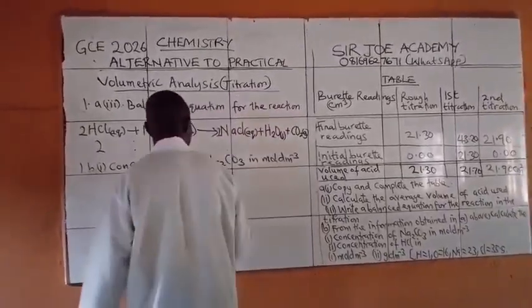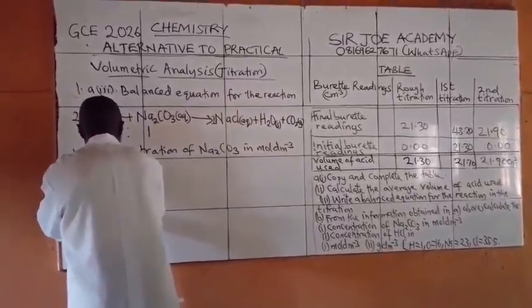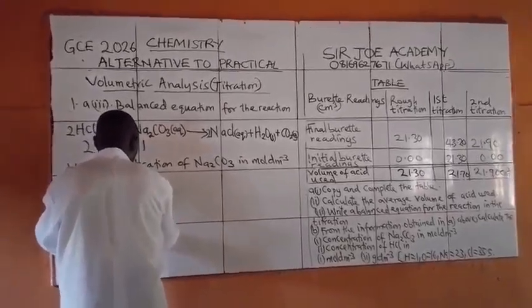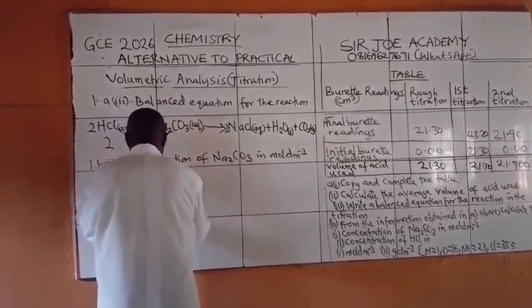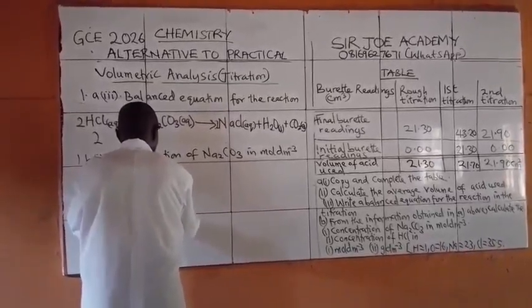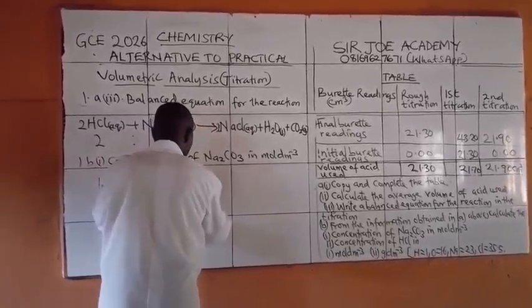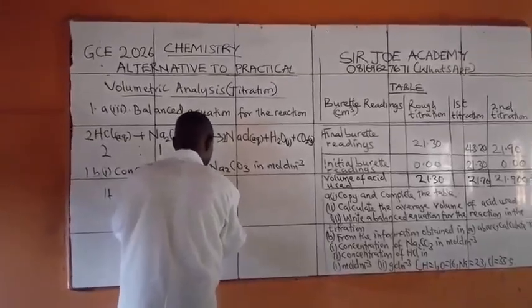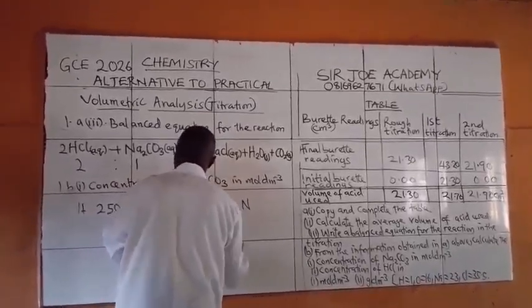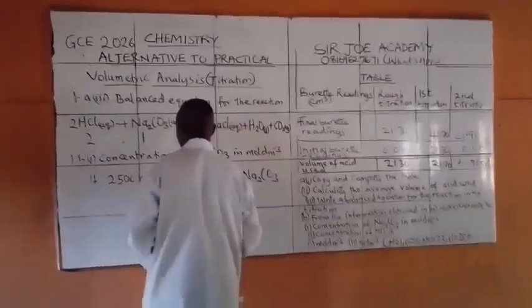So which means that if 250 centimeter cube contains 1.30 gram of Na2CO3,